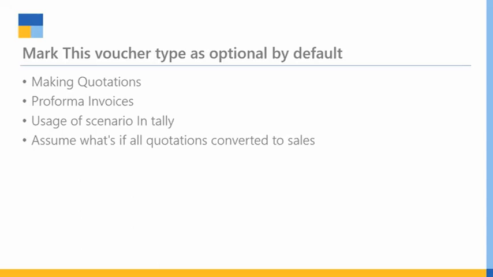So Tally has a scenario concept, and you can maintain parallel books, you can say vouchers without posting data to your accounts, and a profit and loss will be in front of you considering all optional vouchers, considering all post dated vouchers. So please visit help.tallysolution.com and learn about the scenario concept. Okay.